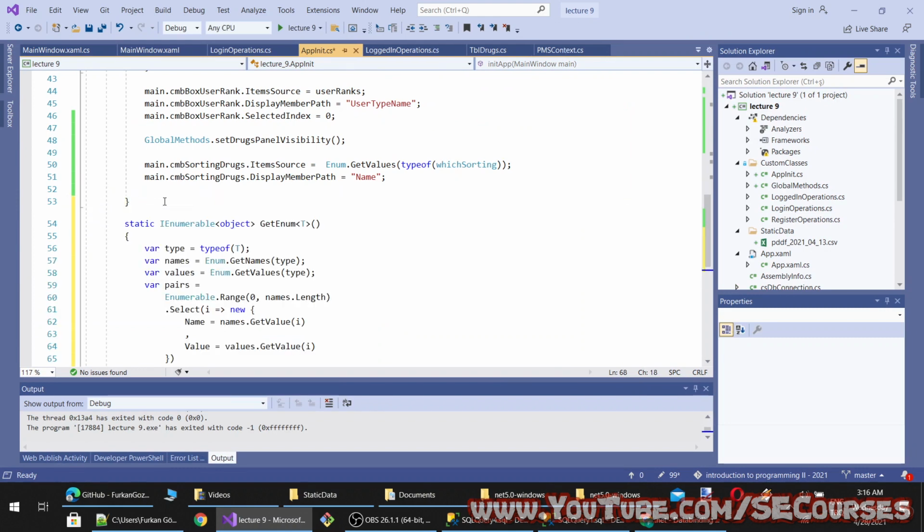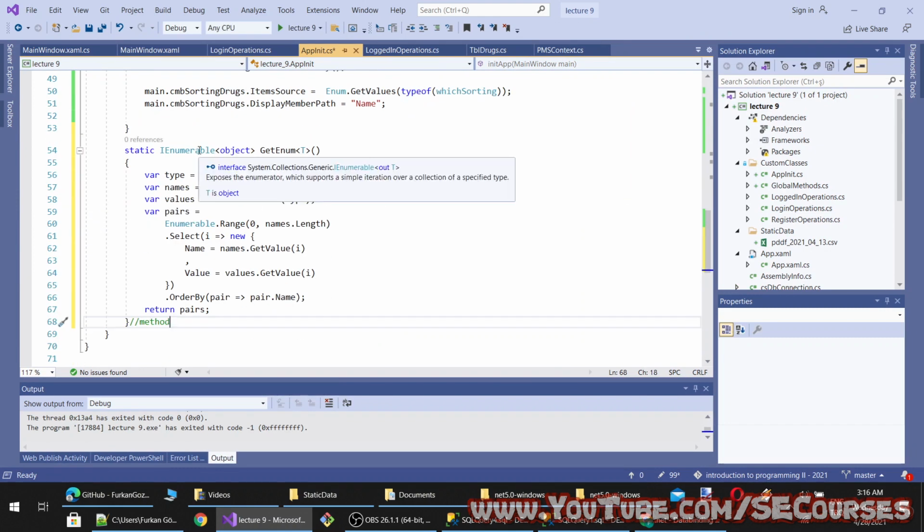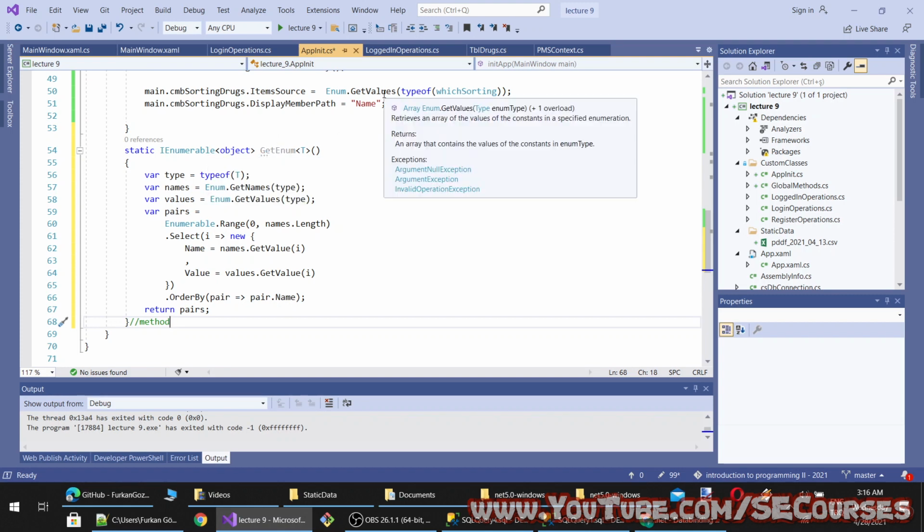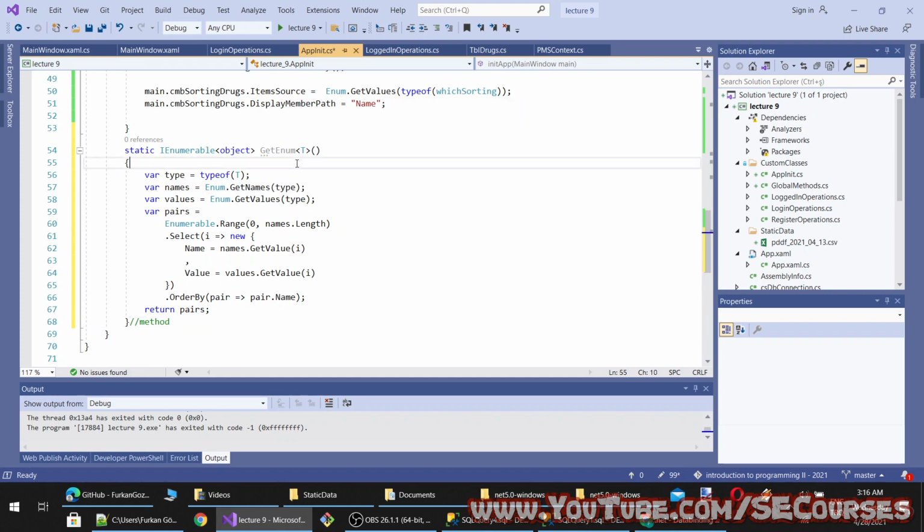So here, static IEnumerable GetEnum<T>. So Enum.GetValues object. I need to use this perhaps.